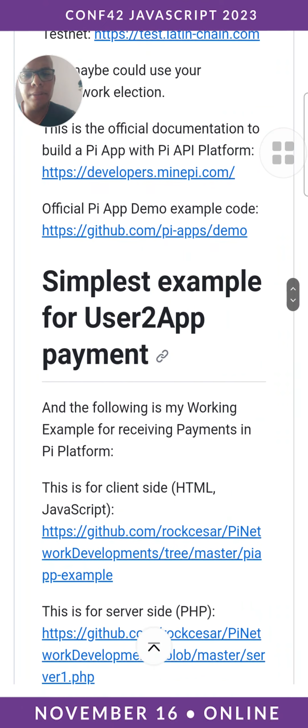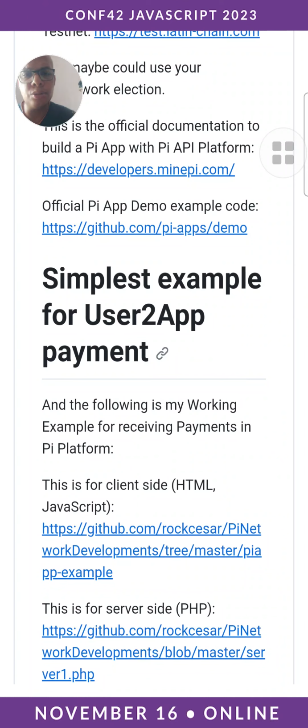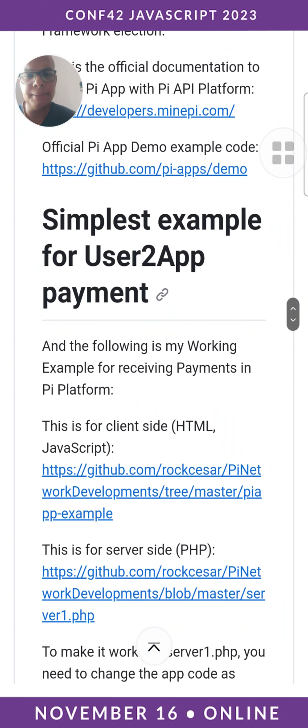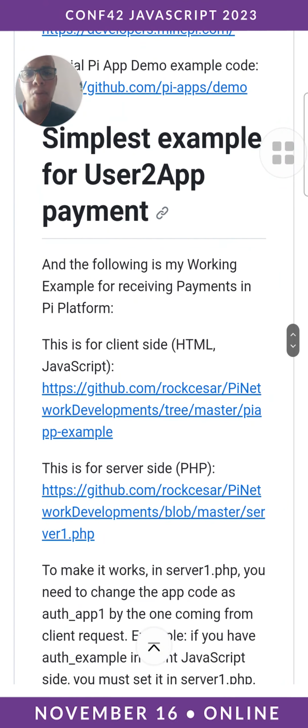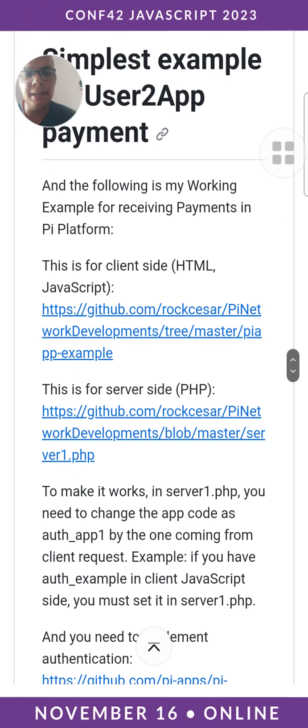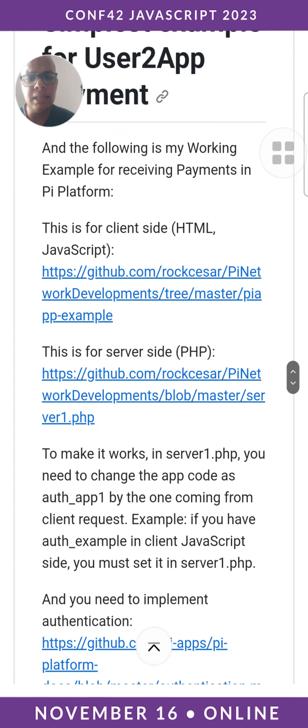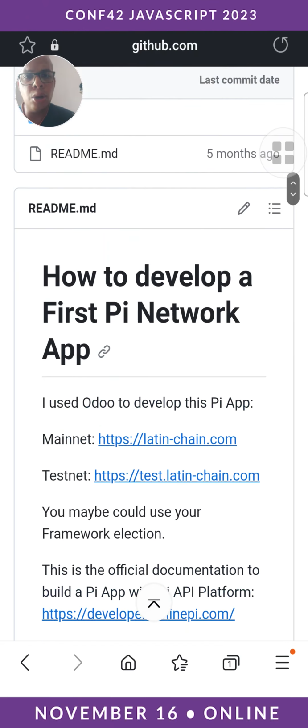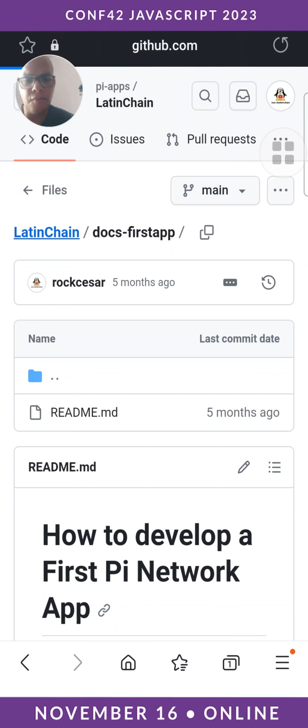The simplest example for user to app payment. And the following is a working example for receiving payments in the Pi platform. This is for client side HTML. We have this example in JavaScript and the example in backend in PHP. But going back for a moment,